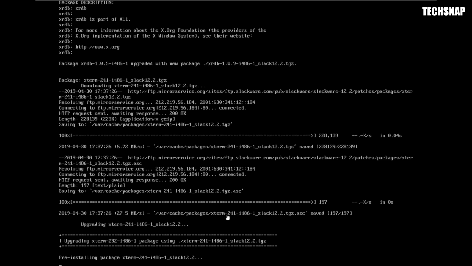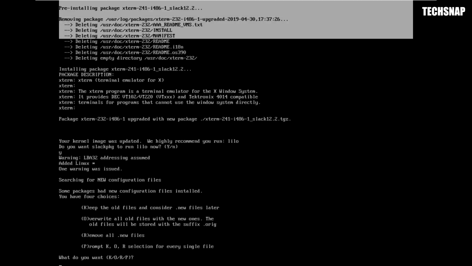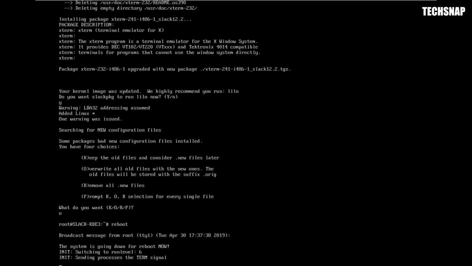I just can't wait for them to do that. I'll wait for Pat to do that. It'll be great. Let's run Lilo to update the kernel. We might as well overwrite everything because why not? So what I need to do